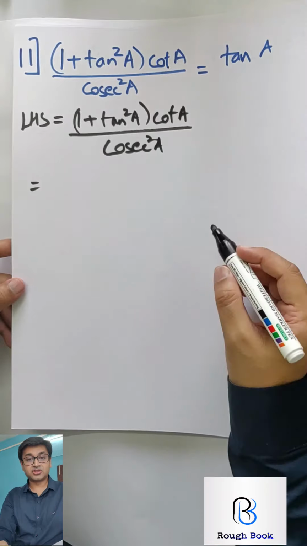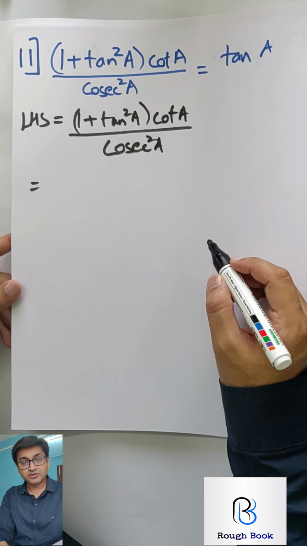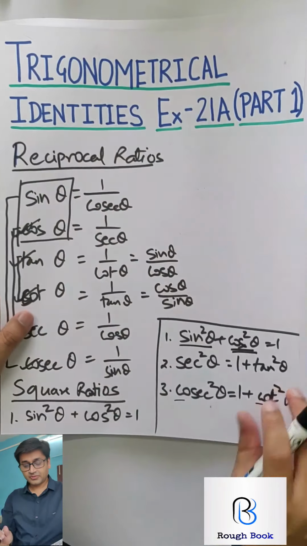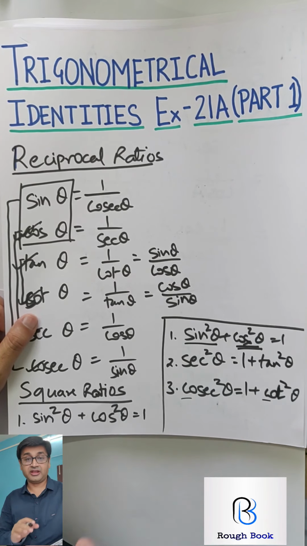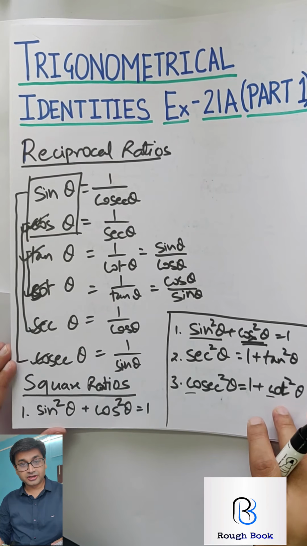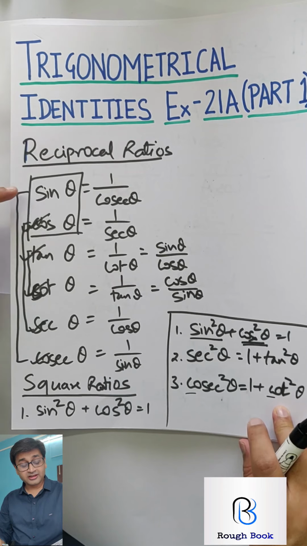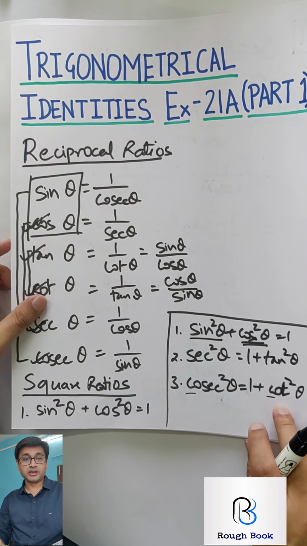Now 1 plus tan square. Do you get any bell in your head? 1 plus tan square is what? Sec square. Do you remember the first square ratio? Sec square is equal to 1 plus tan square. So you need to know these very well. If you have not known, I'm still keeping it on the screen. Take a screenshot, put it on your softboard and then try it. If you try the sums without knowing this, it's going to be a nightmare. Otherwise, it's going to be a cakewalk.